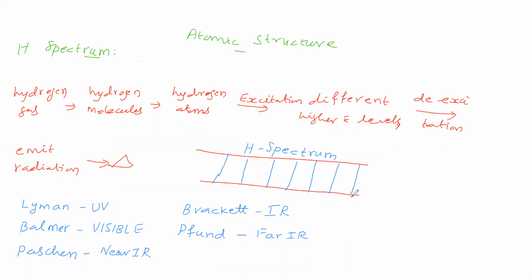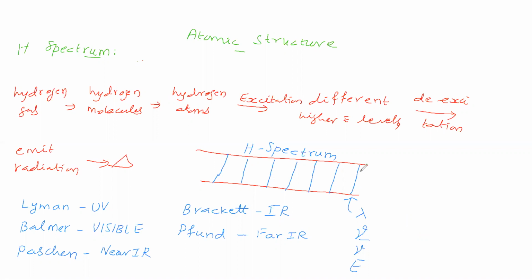Now, does this spectral line have any wavelength? Do you think this spectral line has wavelength, frequency, wave number, energy? What do you say? That means each spectral line in the hydrogen spectrum has a particular wavelength. They have their own wavelength. If wavelength is there, we can say frequency is there, wave number is there, energy is there.